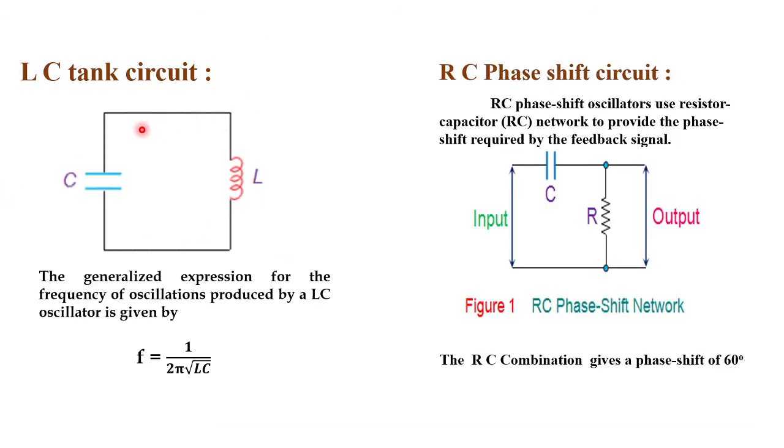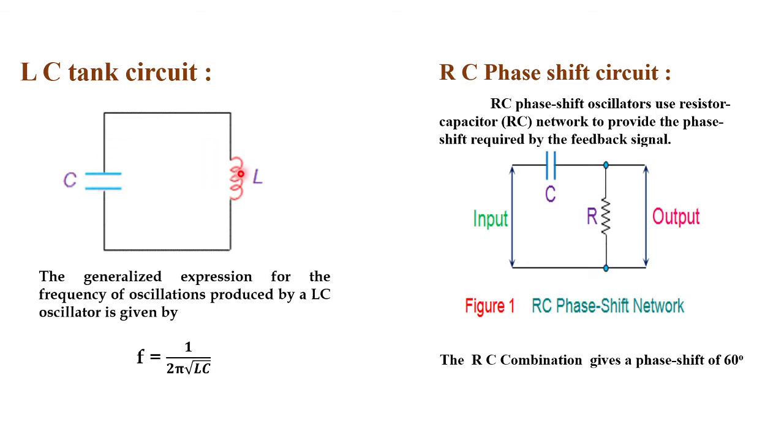Now what happens in the oscillators? There are tank circuits in the oscillators, which we are going to learn in the next slides. Let's study some basic tank circuits, that is a tank circuit of an inductor and a capacitor. Here this one is your capacitor and this one is your inductor. First the capacitor is fully charged due to the DC supply, and then it starts discharging.